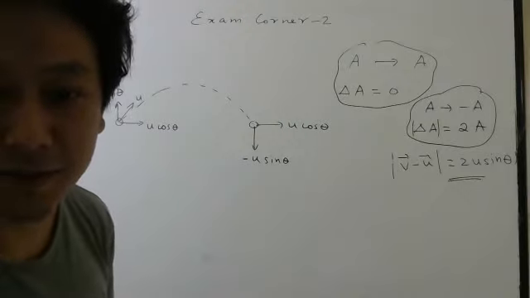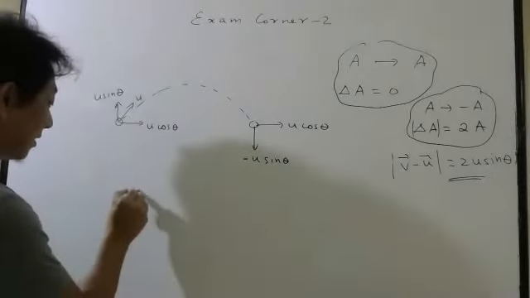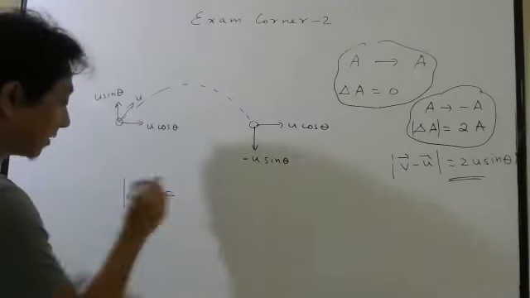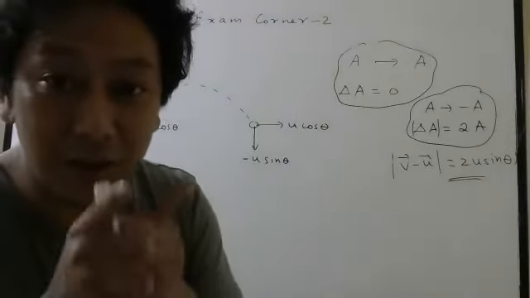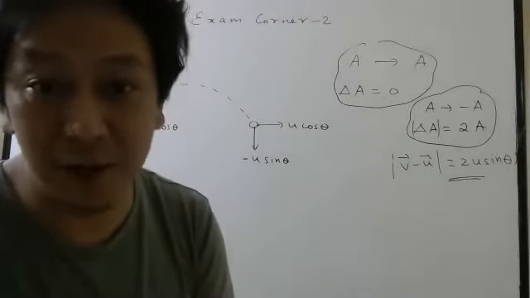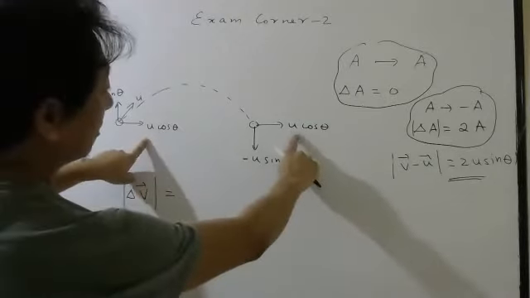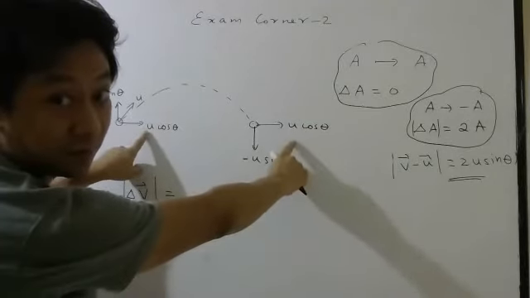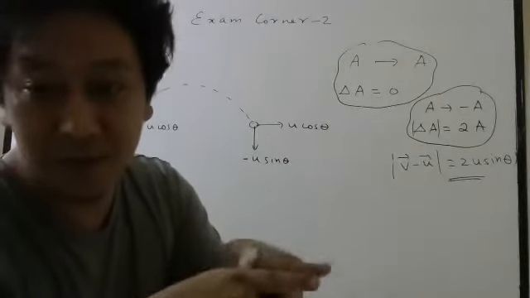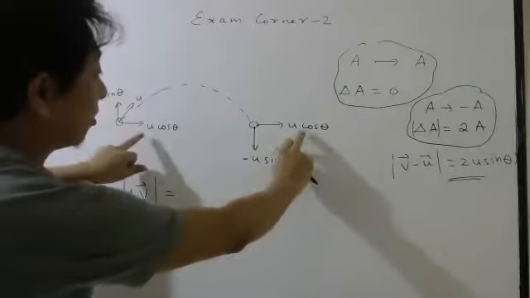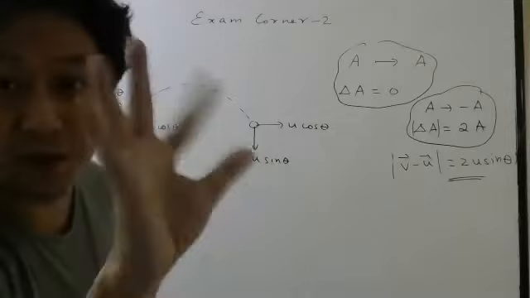Okay. Now what they asked you, change they asked. Change in velocity, magnitude, let's say. Change from here to here. Now, you only told me, if the quantity is same, change will be 0. Now look here, this u cos theta and this u cos theta are same or not? Same. Direction is also same. So what will be the change because of this? Because of this component, there will be no change.